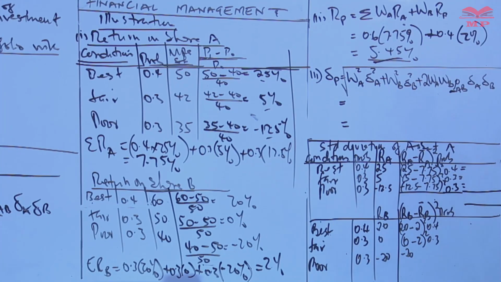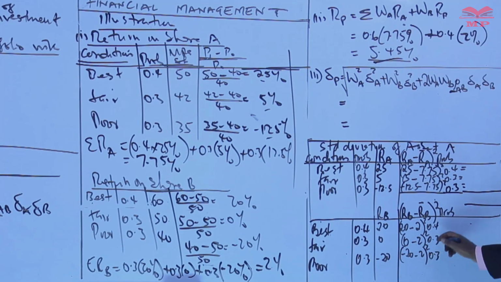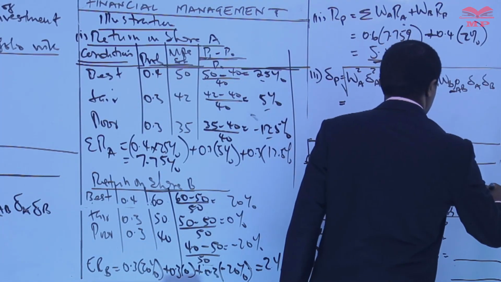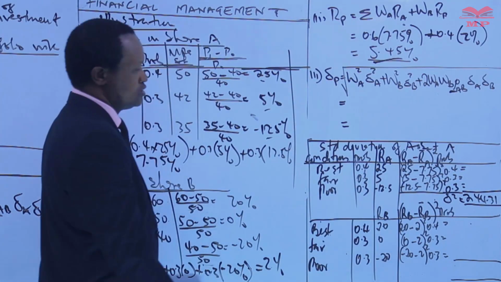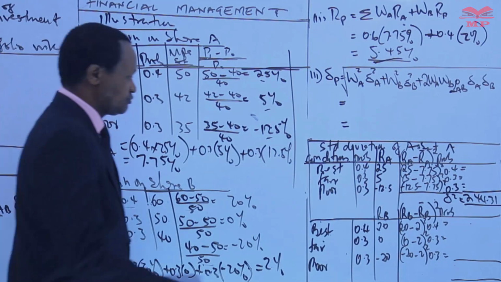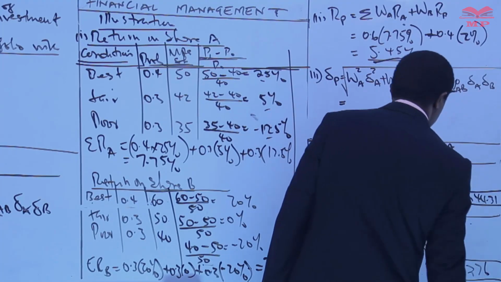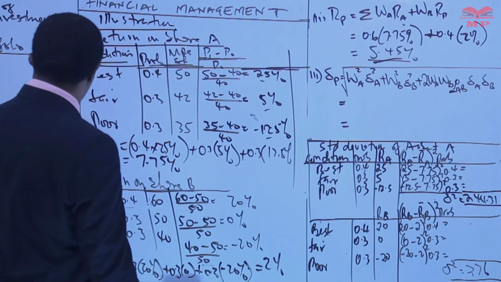Negative 20 minus 2, square it times 0.3. Give me the values, give me the total. 244.31, this is the variance. 276. So we have all we need apart from the